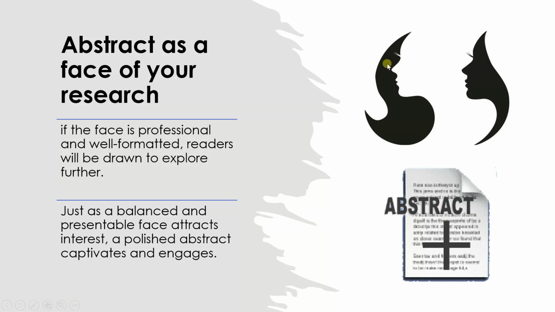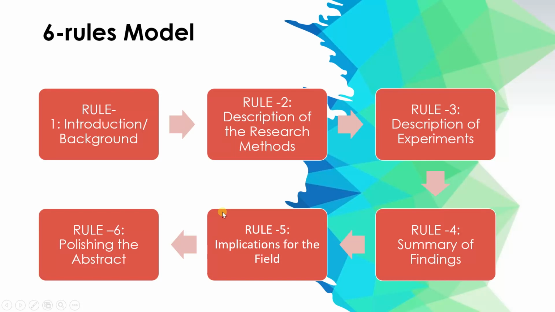But if it is prepared in a bad way, with no sequence, no formatting, and not following any of the rules used for writing the best research abstract, then the reader will just go onward and skip your research document. So normally I suggest the six rules framework or model for writing the best and professional